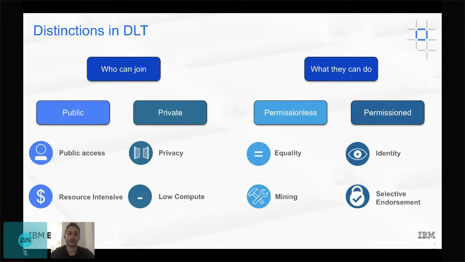But those networks tend to be a little bit more resource intensive. When you have private blockchains, you have blockchains that have security permissions that only allow certain people to join. So it's closed behind a firewall. Only certain people are allowed in. When you think of permissioned and permissionless,